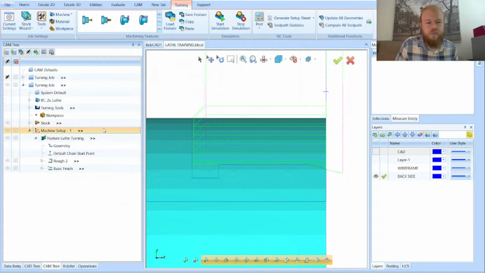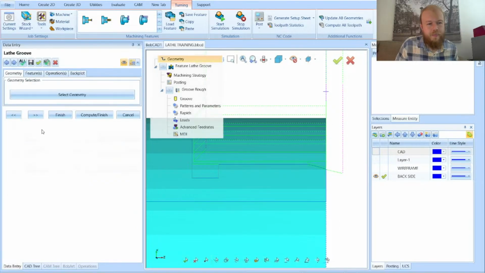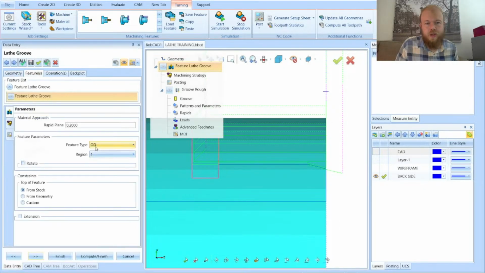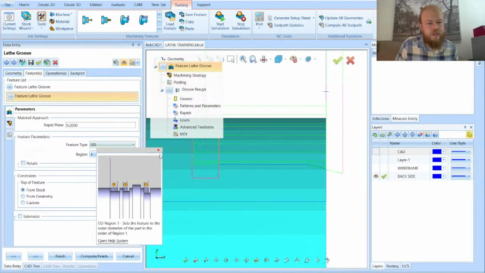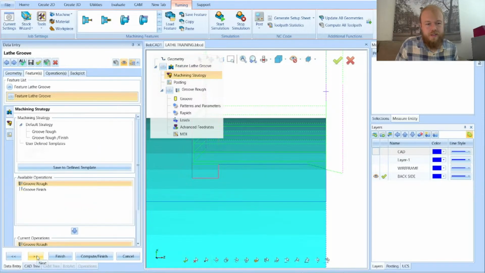I just right-click on machine setup 1, lathe groove. I'm just selecting these 2 lines here. I don't want to select this line because, again, I don't want to start from here and just air cut. I just want to start here and do my grooving operation in this area. By selecting OD for the operation type and from geometry, so that I'm not doing any air cutting. Doing a rough and finish,